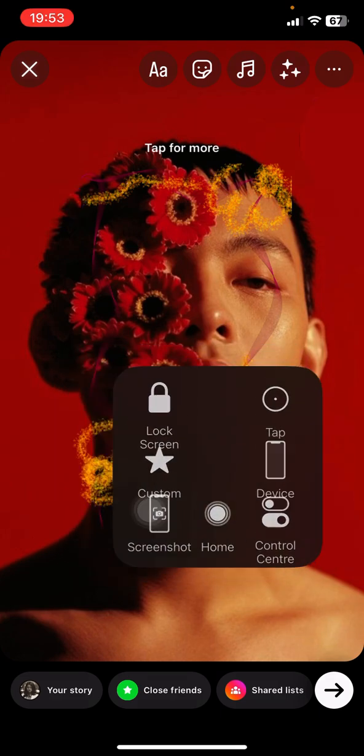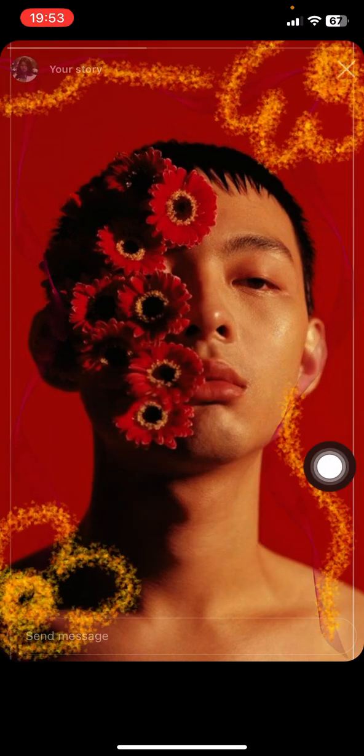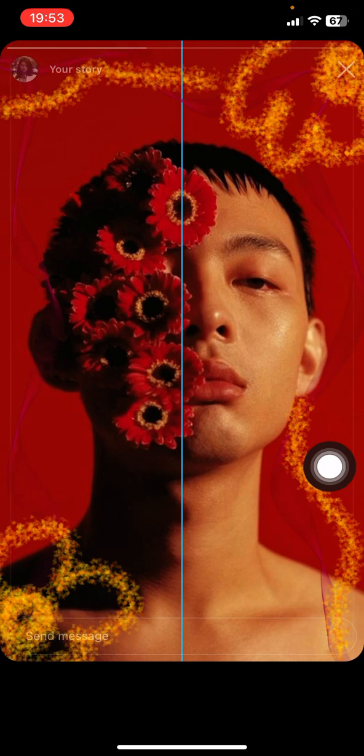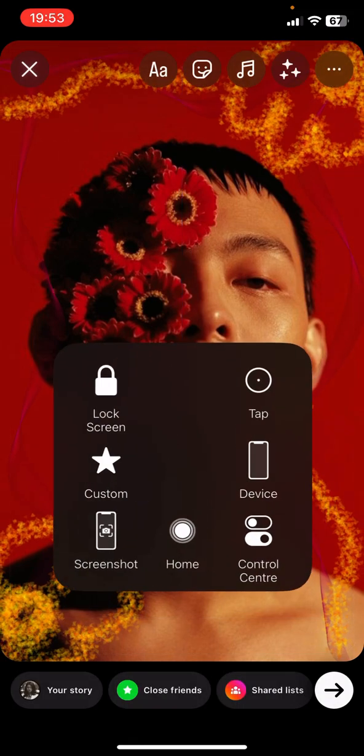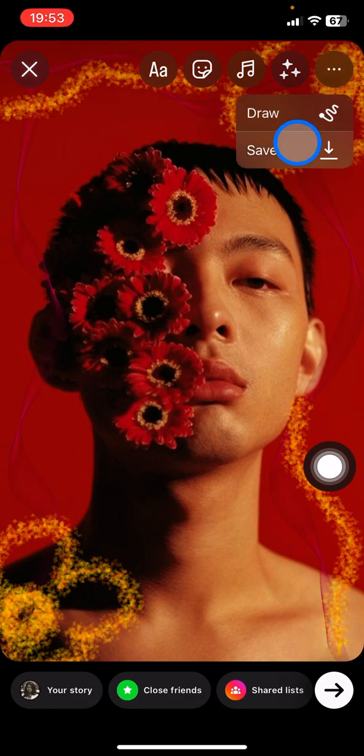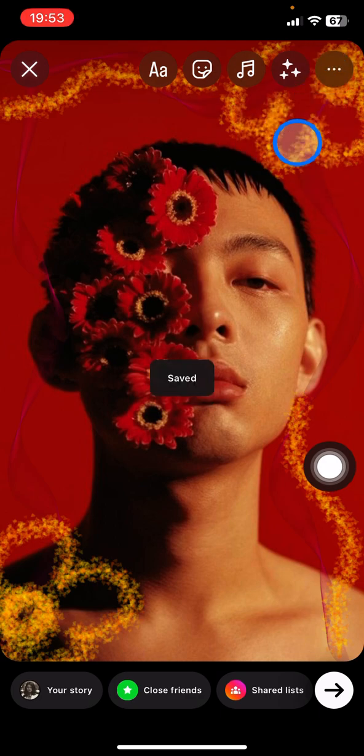So you just need to adjust the size too by pinching with two of your fingers into the other side, and you're done. Now you already got this frame on your picture, and you can just click these three small dots and save it. So basically, that is the way how to create your own frame with the PicsArt